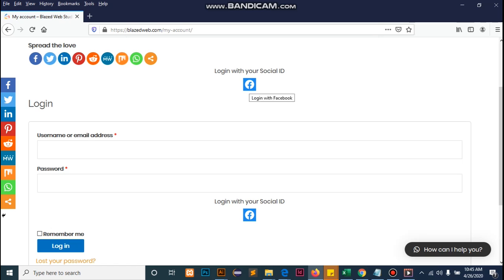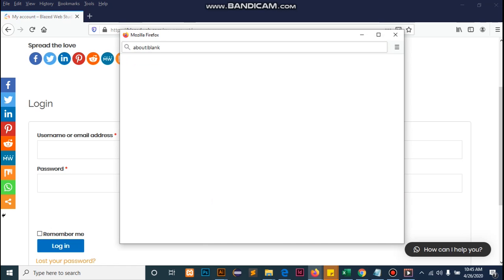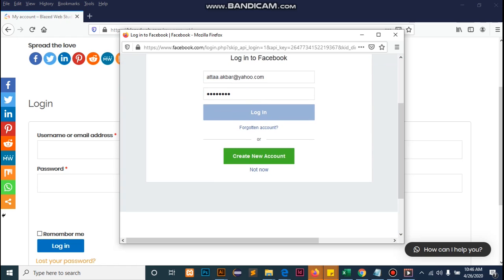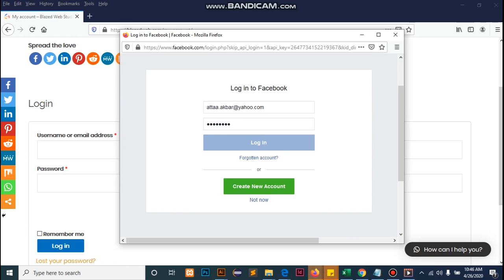So here it is. You can add as many icons as are available on that plugin. For now it is Facebook. Let's click on that, fill in the info. It is taking some time,